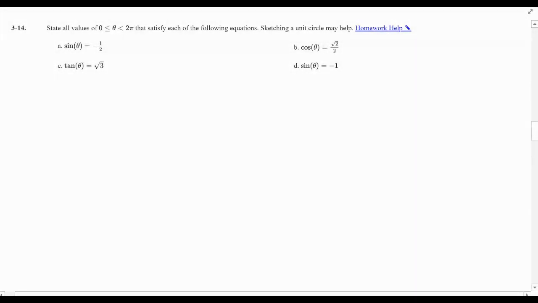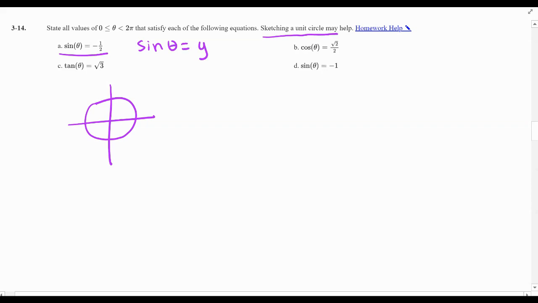Here we're asked to state all values of theta between 0 and 2 pi that satisfy each of the following equations. Sketching the unit circle may help, and by may help, we mean it for sure will help. So in this one here, sine is equal to -1/2. Remember that sine of theta on the unit circle represents the y values. So when y is equal to